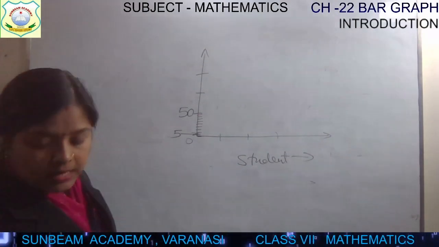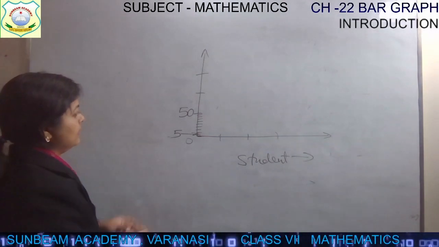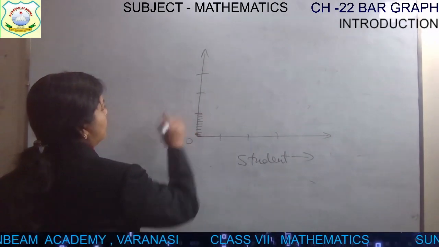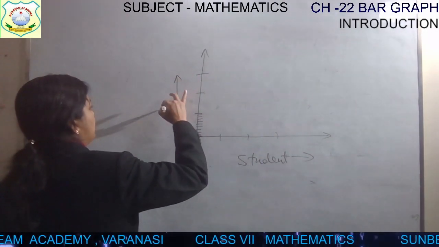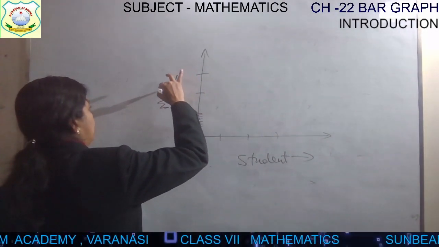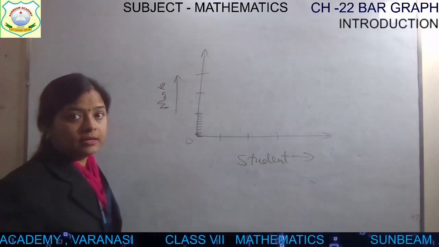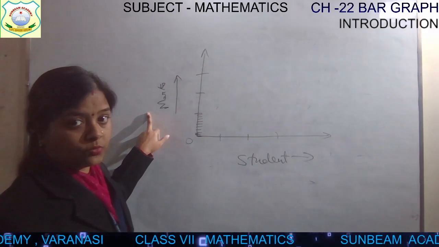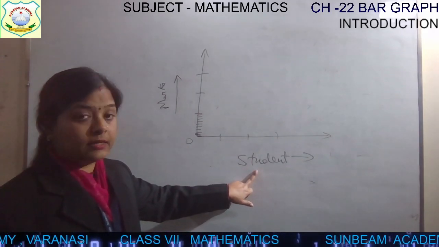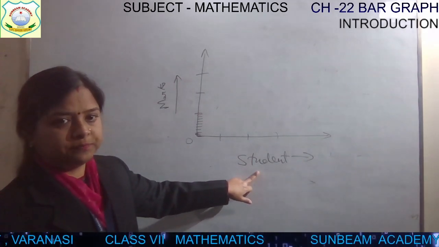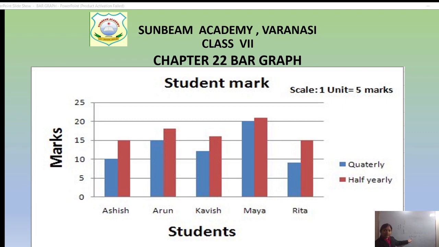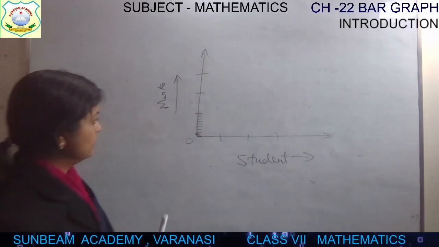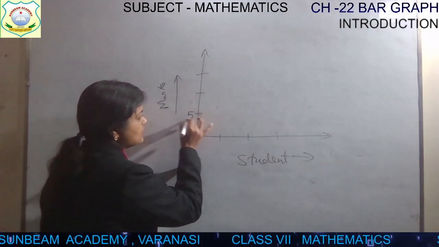If you are writing marks here in this way, M-A-R-K-S, then this is what? This is y-axis title कहते हैं इसको. It is category axis title or x-axis title. And 1 unit is 5 marks. They have chosen 1 unit as 5 marks. ये उन्होंने क्या चूज किया बेटा? 1 unit as 5 marks.